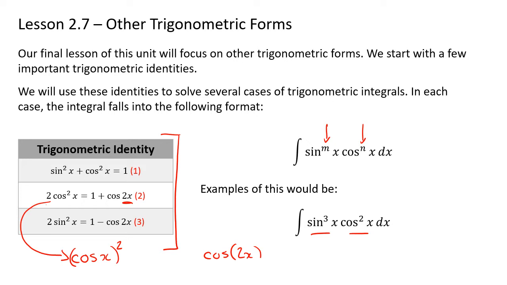Same thing goes with identity number 3, 2 sine squared of x is equal to 1 minus cosine of, again, 2x. Remember, the 2x is here in brackets. So there's 3 different cases that we're going to solve with this type of integral. It's going to depend on whether the exponents are odd or even. So if you have one odd and one even of each type, or they're both even. I'm going to present you 3 different cases, and we're going to use these trigonometric identities and then the method of substitution, which we've talked about already in this unit,